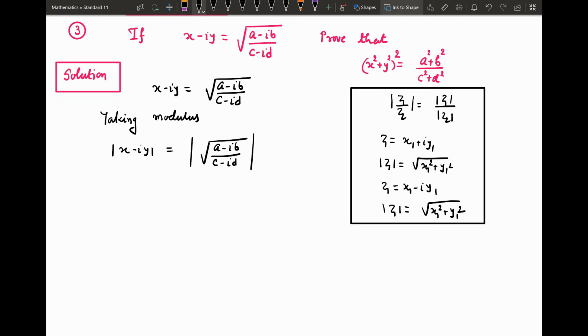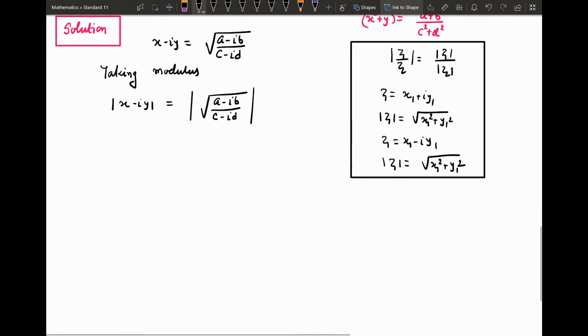Now using these properties, under root x square plus y square equals, here we keep it as it is, then we will take the modulus of a minus ib